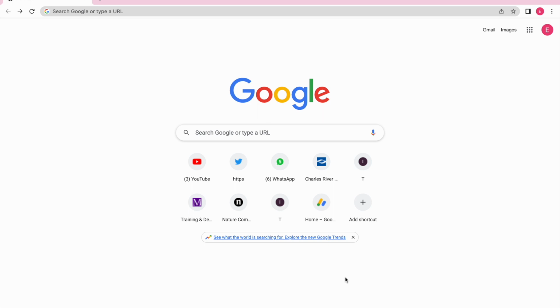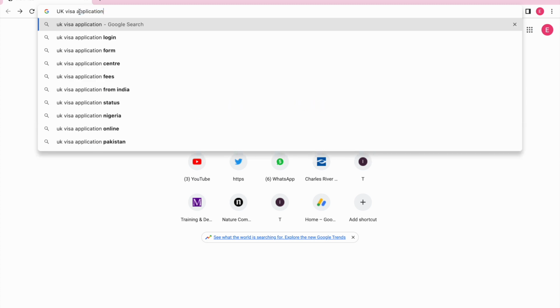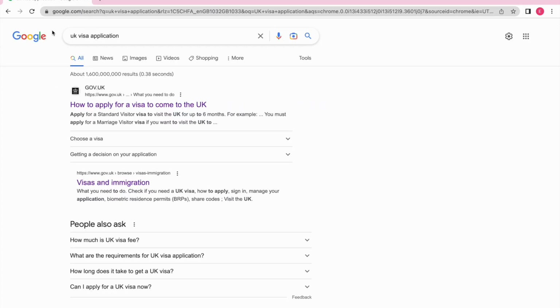These are students who are outside the UK and they want to visit the UK during the holidays. So let's check UK visa application. Yep. Let's apply. Let's check what they need together. Always make sure that it's that domain